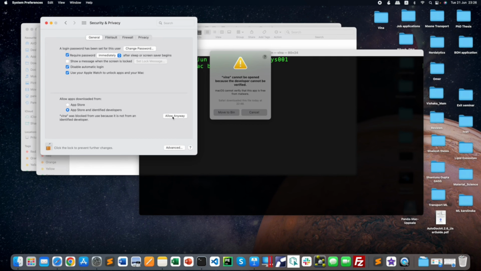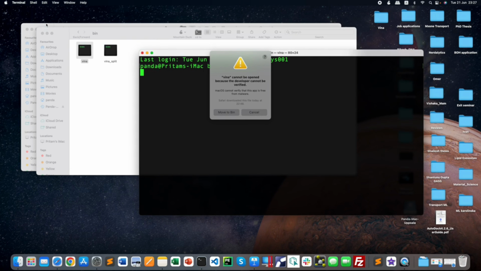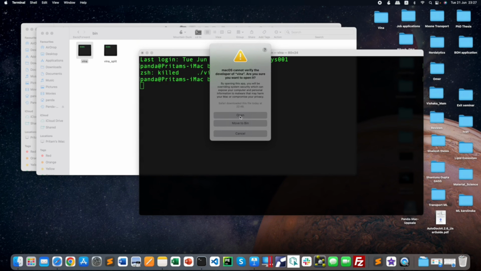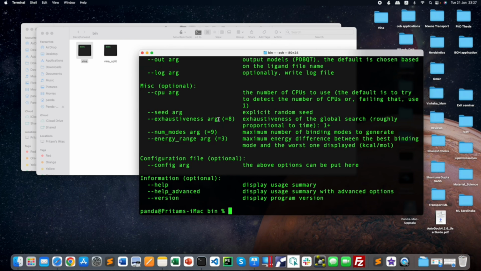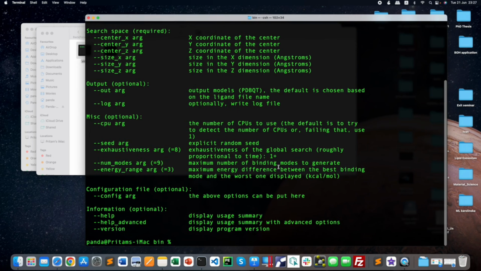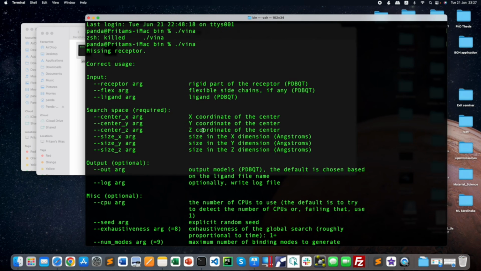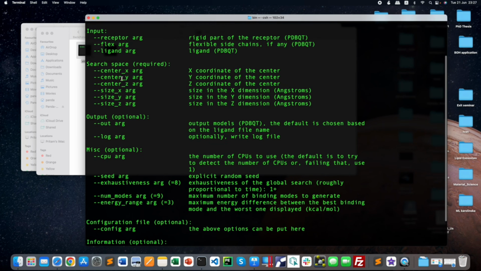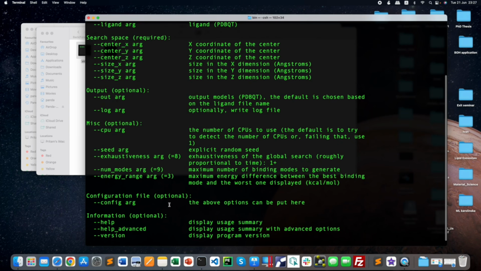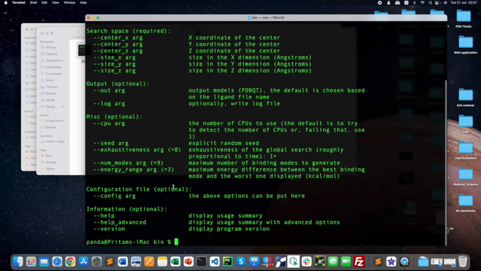Okay, and click here, allow anyway. Okay, now close this and cancel it, and again you type Vina. Yeah, and the option open will be popped up. So open, and now you get your Vina executable executed on Mac OS version. So this is the command line argument vina, and these are the commands that you can give for the new version